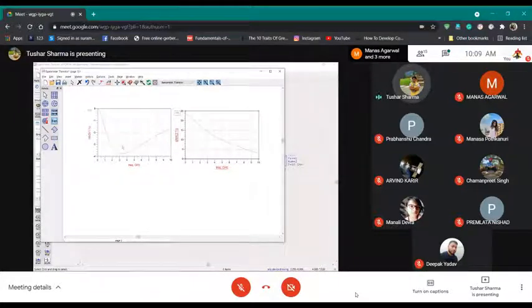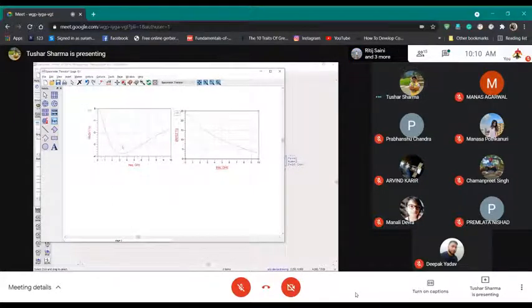Usually you want S11 to be a very high negative value, because S11 is 20 log of the return loss. If your return loss is basically 1, it means there are reflections, and you don't want any reflections, right? So you technically want this 20 log value to be as negative in dB as possible.